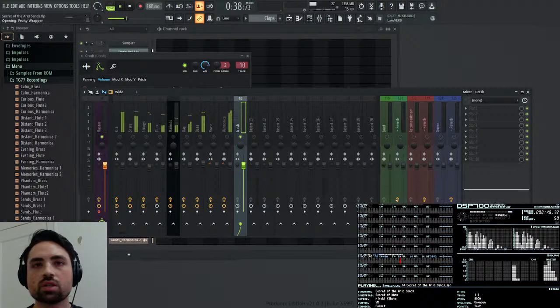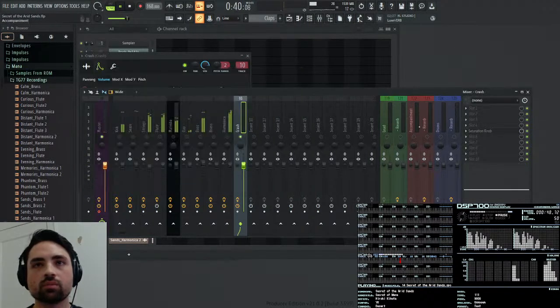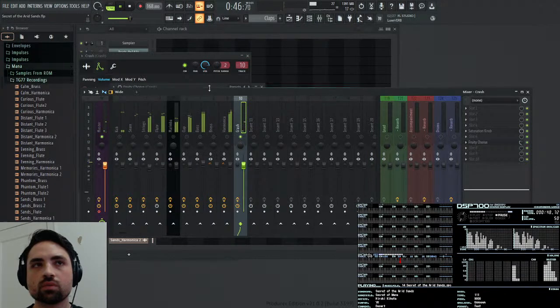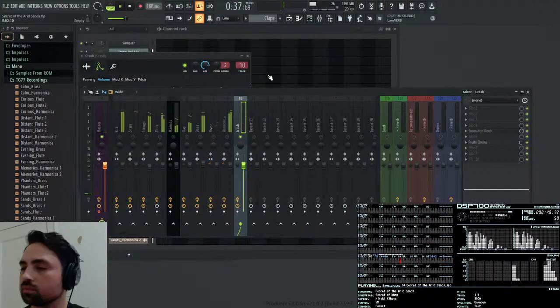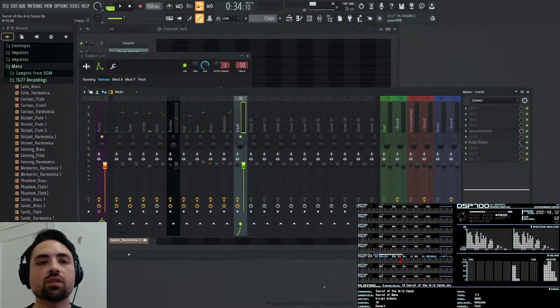So we can saturate the crash a bit. Set the volume. Although it was pretty loud. Give it some chorus. And I can't tell if that crash sounded like it had reverb or not.